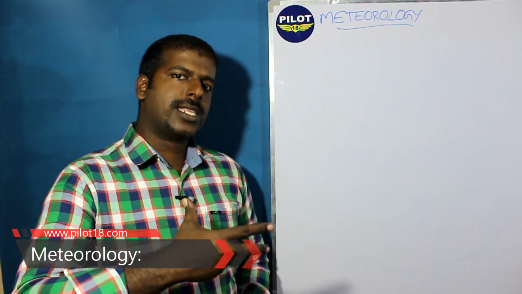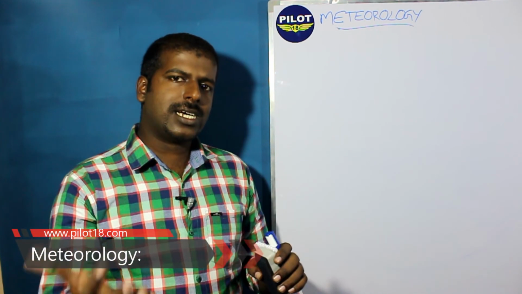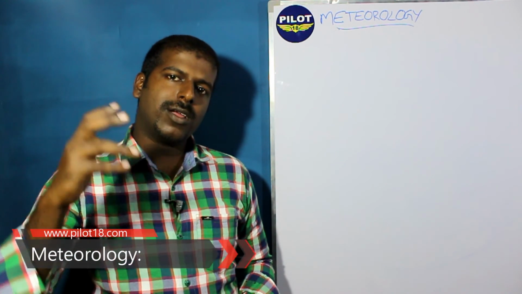Heat energy from Earth won't be able to pass through clouds easily. So it acts like a barrier to keep the heat from going outside. That means the Earth will remain warmer. That is why during cloudy nights we feel warmer. Okay,